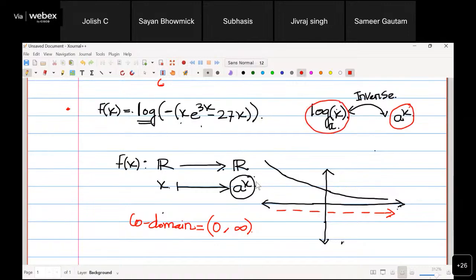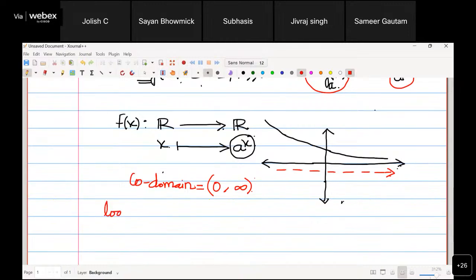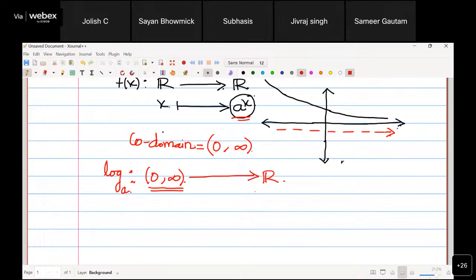So by definition, log with base a is a function from 0 comma infinity to R. Because if log a is the inverse of this exponential function, then log a should be a map from the range of this function to the domain of this function. And from the graph, it's clear that the domain of this function is 0 comma infinity, right? So the domain of this log x